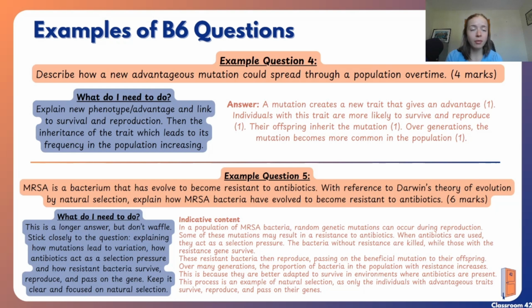In a population of MRSA bacteria, random genetic mutations can occur during reproduction. Some of these mutations may result in a resistance to antibiotics. When antibiotics are used, they act as a selection pressure. The bacteria without resistance are killed, while those with resistant genes survive. These resistant bacteria then reproduce, passing on the beneficial mutation to their offspring. Over many generations, the proportion of bacteria in the population with resistance increases. This is because they're better adapted to survive in environments where antibiotics are present. This process is an example of natural selection, as only the individuals with advantageous traits survive, reproduce, and pass on